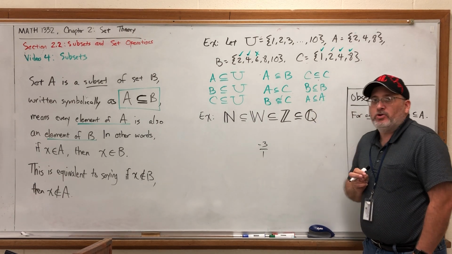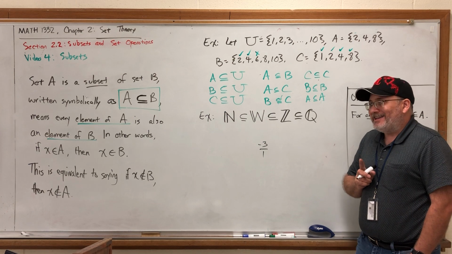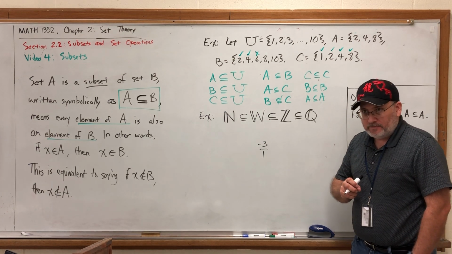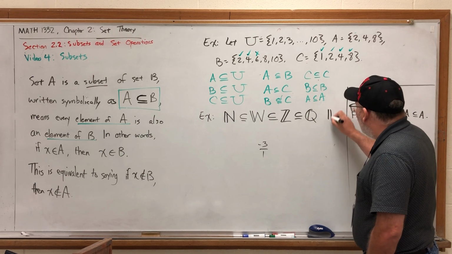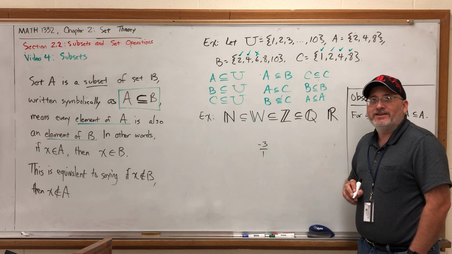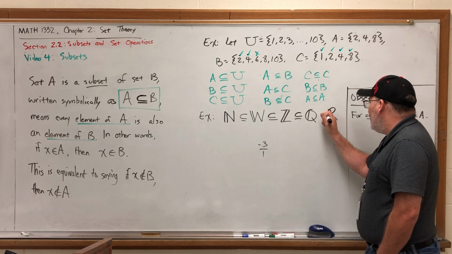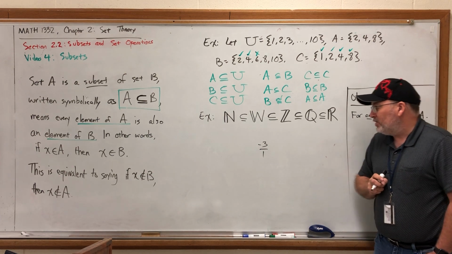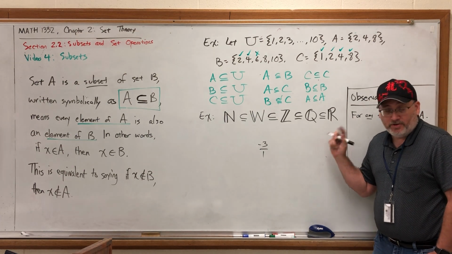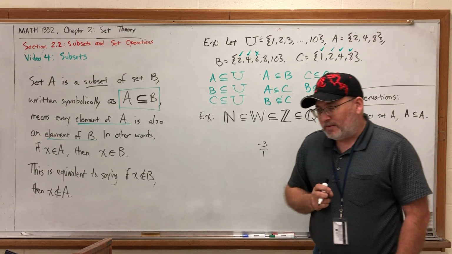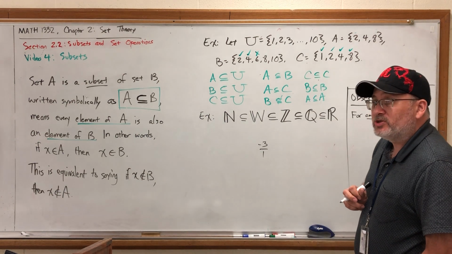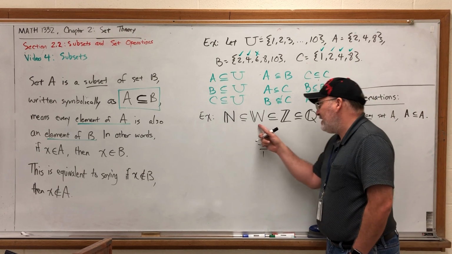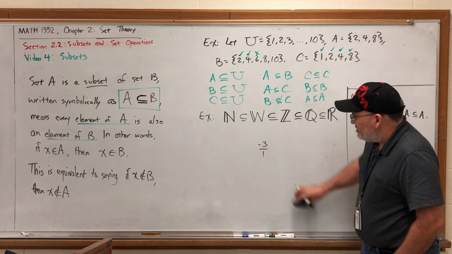As decimals, Q were all the decimals that either ended or repeated, but the real numbers were all decimals, regardless of whether they ended or repeated. So the rational numbers are a subset of the real numbers. And without hurting your head much more, there is a larger set than the real numbers, but it involves complex numbers and is beyond the discussions in this course. So I just wanted to show you that all the special sets we had had subset relationships.